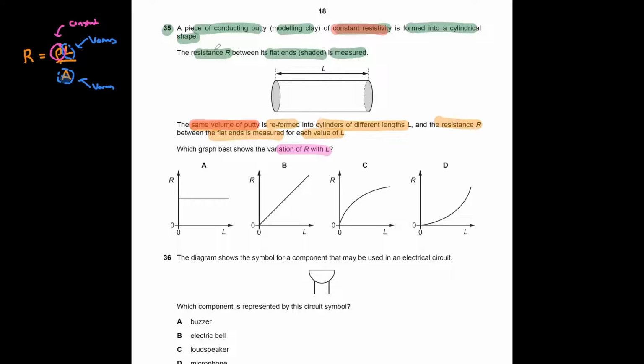So if A is not constant, what's the relation of A with L right now? You can actually work out another separate relation here where you say that the volume is actually area times length. Because if you look at this cylinder, you have area A and you have length L, right? So your volume is actually equal to area times the length. Now they mentioned to you that you are using the same volume of putty when you're reforming the cylinders. So V is constant,